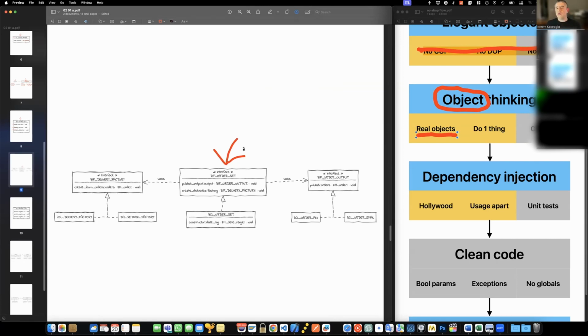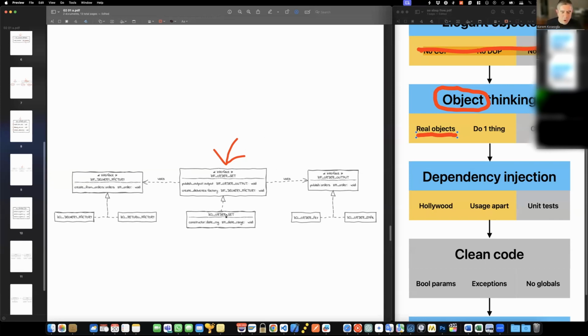When I look at a good class, I expect to see only a constructor and interfaces. That's all. I don't want to see public methods. I don't want to see public data. Of course, there are exceptions. You should always prefer your common sense over whatever I'm saying today. But unless you have a very good reason to, whenever I look at a class, I only want to see a constructor and interfaces. That's all in the public section. Everything else should be happening in the private section of the class.